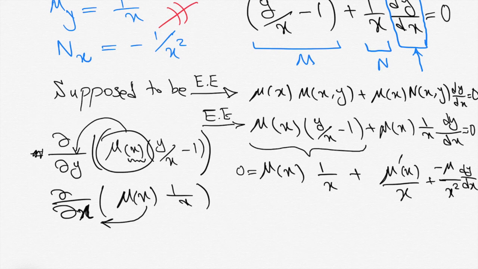And now we have an equation that consists of mu and mu prime, right? So we want to make it in a clear form. Therefore we factor out mu. Okay, let's take a factor of mu. This is going to be 1 over x plus